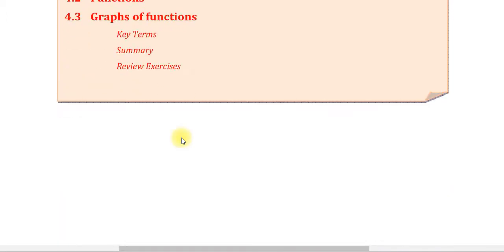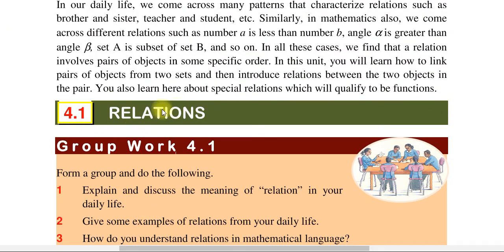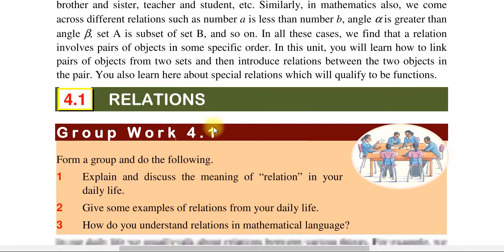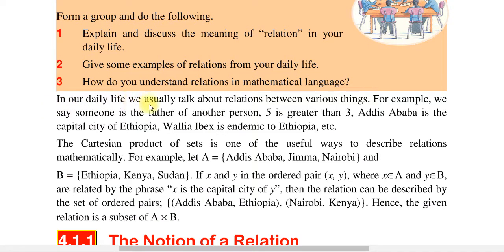ትምህርት አለፍኩ። እንግዲህ የመጀመሪያው ቶፒክ ሪሌሽንስ ይለናል። ሪሌሽንስ ኦኬ። In our daily life we usually talk about the relation between various things. For example, we say someone is a father of another person. 5 is greater than 3. Addis Ababa is a capital city of Ethiopia. Wale Ibex is endemic to Ethiopia, etc. So, እነዚህ ሁላ ምንድን ናቸው? ሪሌሽን ናቸው። ኦኬ ሪሌሽን ናቸው።